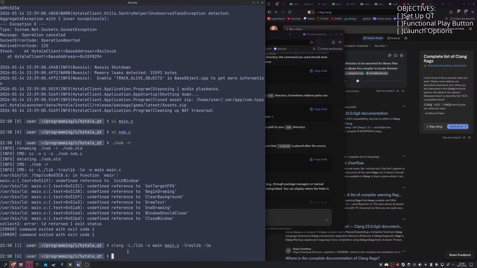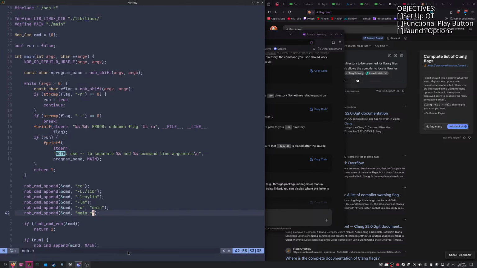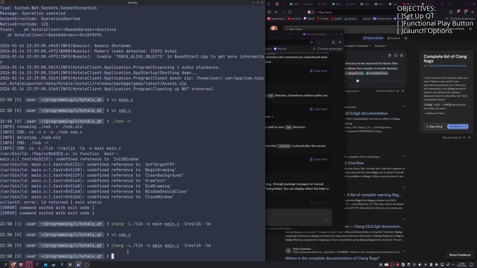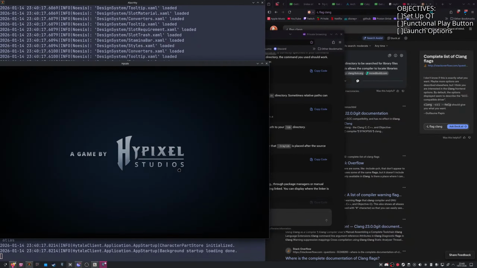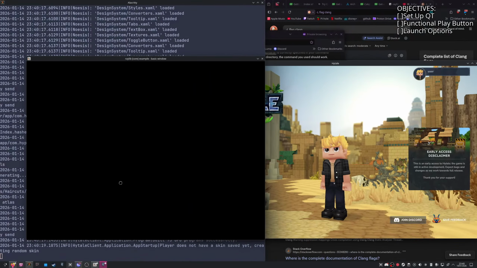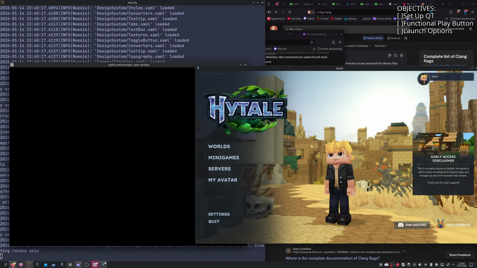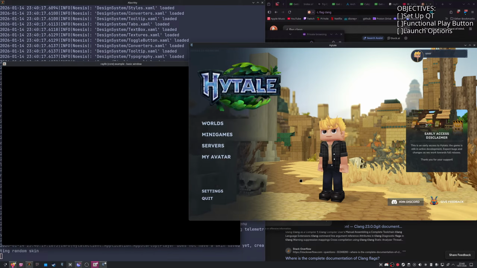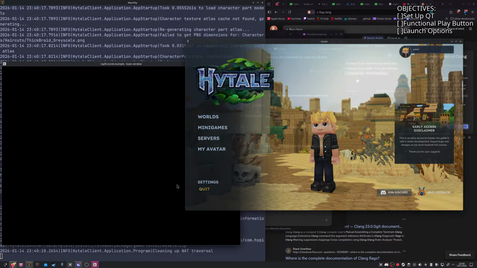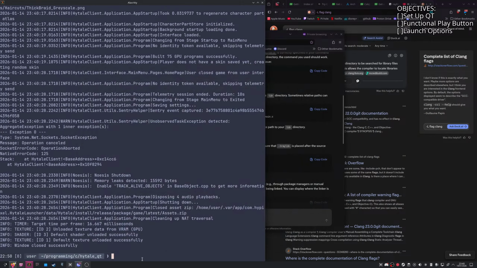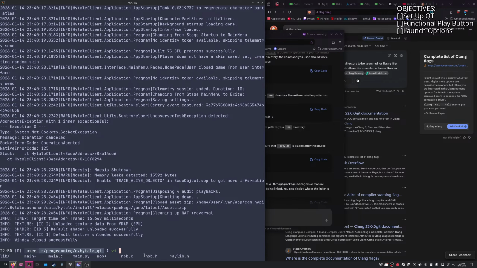Okay. Appear to be getting the same problem. Oh. Here we are. As you can see, our window is completely frozen while the game is actually up, which is fine for now, but it does mean